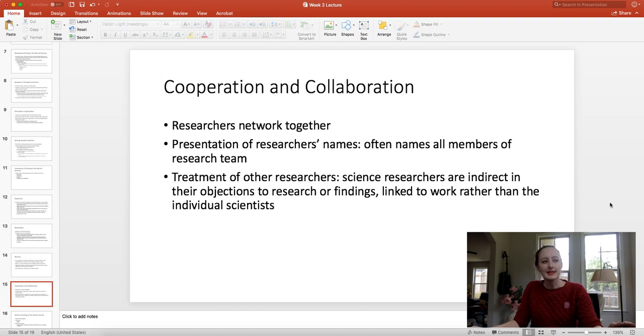So in the natural sciences, if a scientist disagrees with another scientist in their findings, it's not going to be like an attack on this person, like, oh, this scientist is wrong, is a horrible person. They focus on the research and the findings, not the person, which is different from the humanities, where they will quote another scholar and say, his interpretation says this, but it's wrong because this. It's not about that. In the natural sciences, they're looking at the work, not the individual scientist. So when they're objecting to research findings, it's going to be focused on the findings and not directly about the researcher.